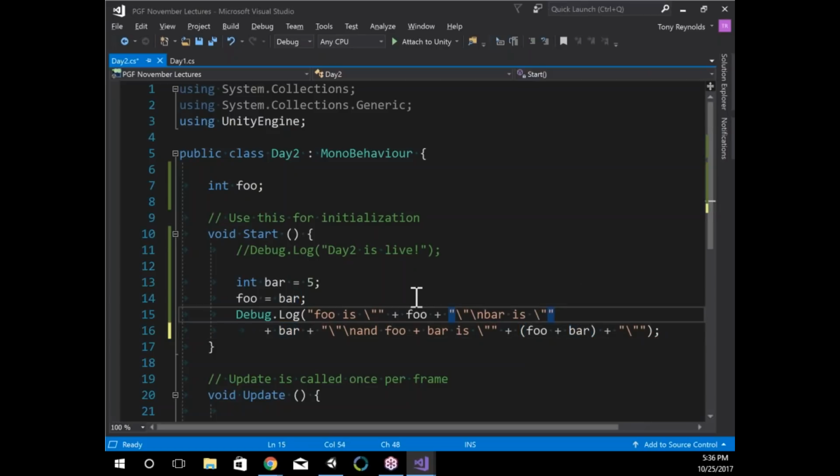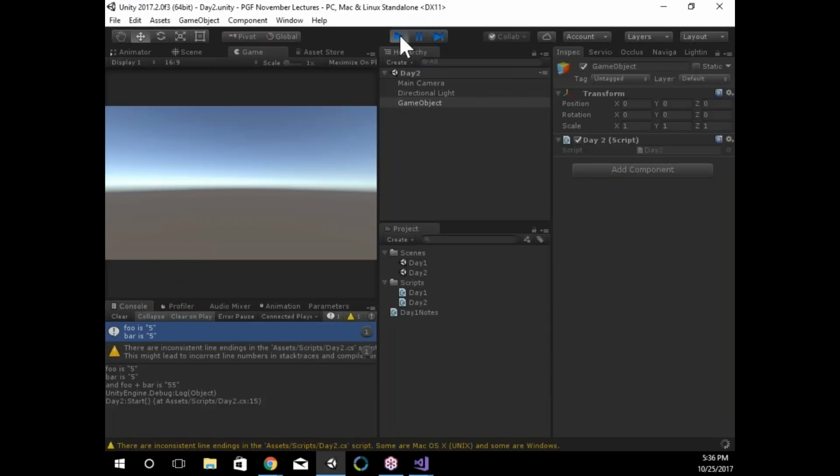Now that's going to bypass the normal flow of this thing for just a second. It's going to say string, string, string, string, string, cool, but it's going to execute this math first. So this will become 10, and then and foo plus bar is, and 10 is what's going to be injected into that string. So if I save this, jump back to Unity,